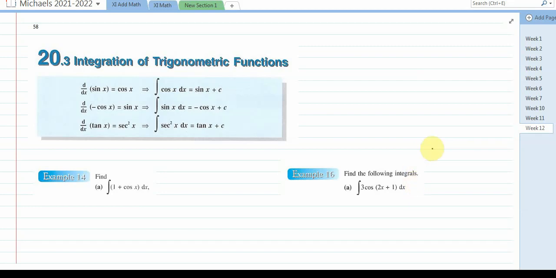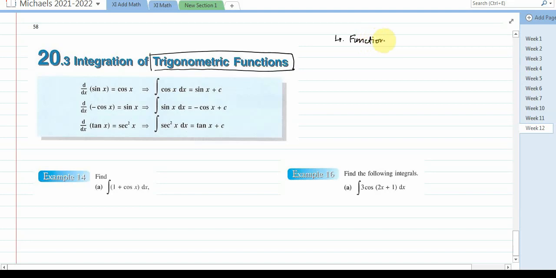So in this session we are going to start the exercise 20.3 which involves the integration of trigonometric functions. Before starting this topic, as I told you in the beginning, I will share the strategy to find out the integration of any function without learning its working formula. And with the same strategy, with the same working, I am going to teach you how to integrate any trigonometric